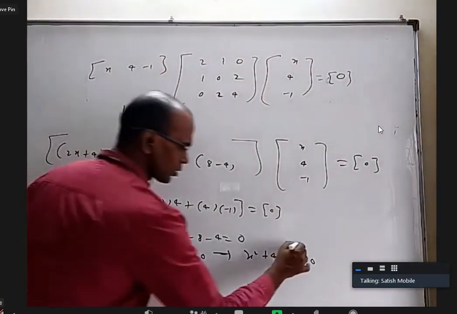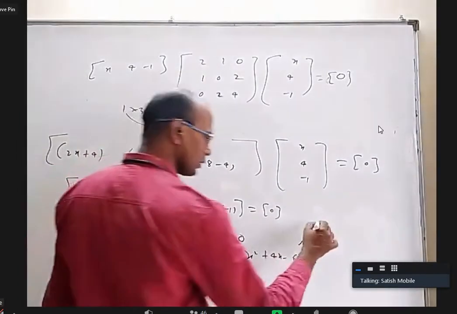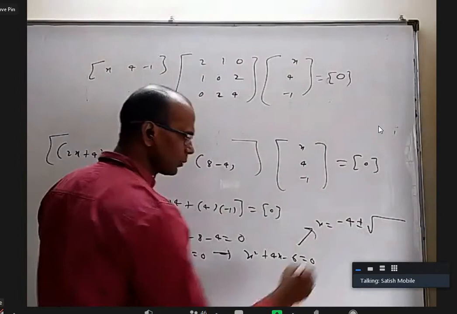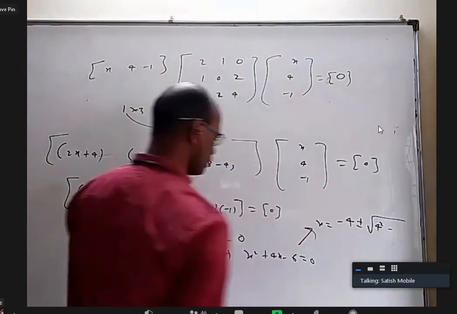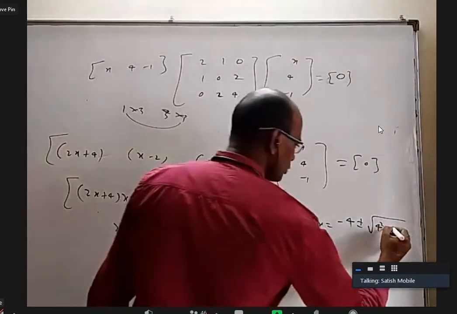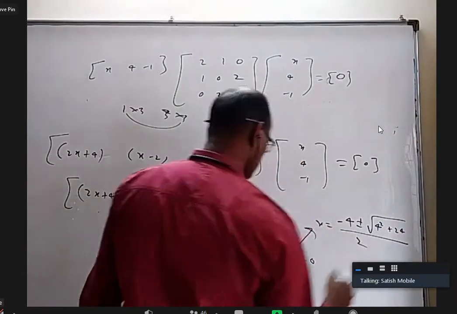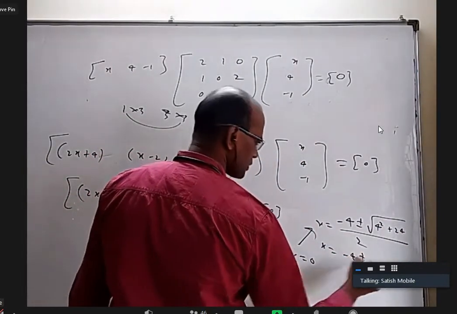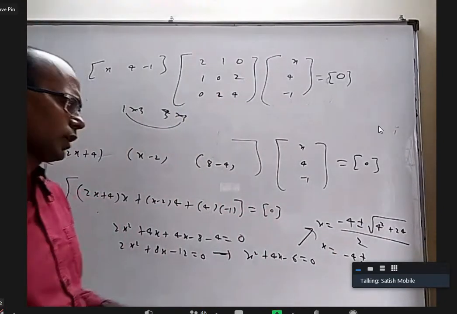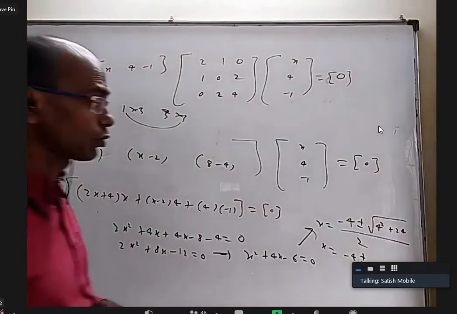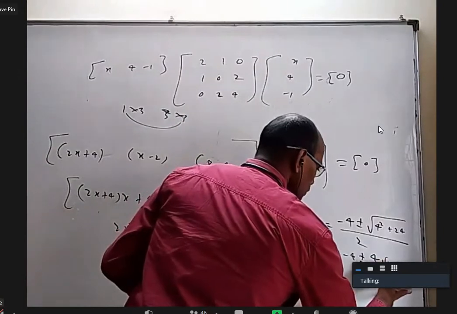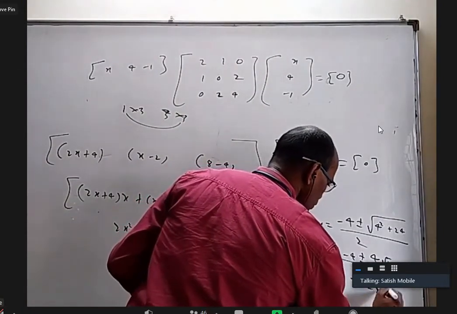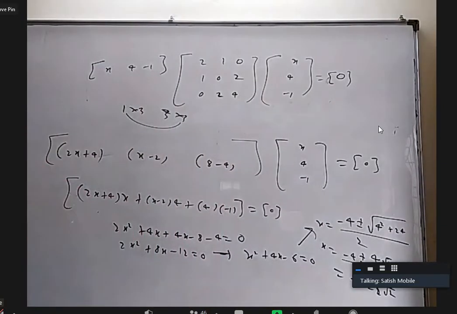Now I cannot find the root by splitting the middle term. So x is equal to minus b plus or minus the square root of b squared minus 4ac, over 2a. That is minus 4 plus or minus the square root of 16 plus 24, which is 40... by 2. That is minus 4 plus or minus root of 24 plus 8, 32. 32 is 4 root 2, over 2, which is minus 2 plus or minus 2 root 2. Or you can write root 8. Is the answer right?